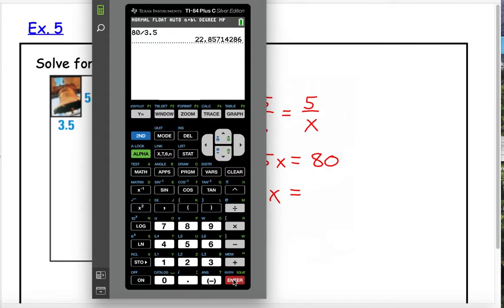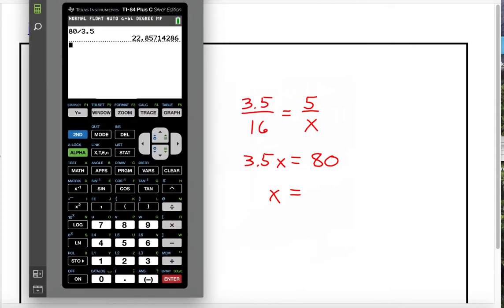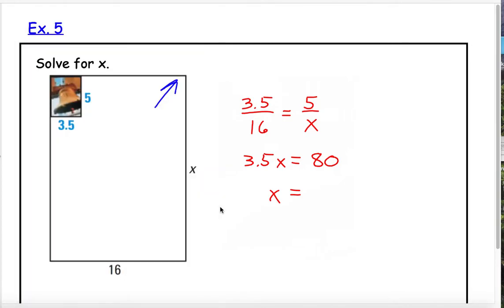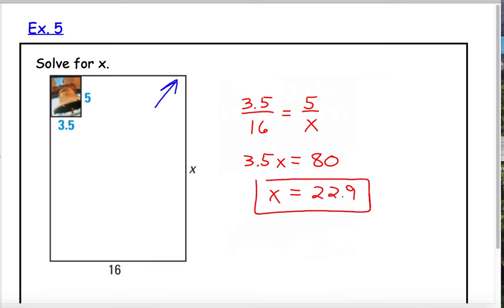And we get 22.857. So we don't get a nice number. And so if we're going to round this, if we're actually measuring a poster, we would want, let's say, 22.9 units for x. And there's your answer. If you wanted the exact answer, I guess we could leave it as 80 divided by